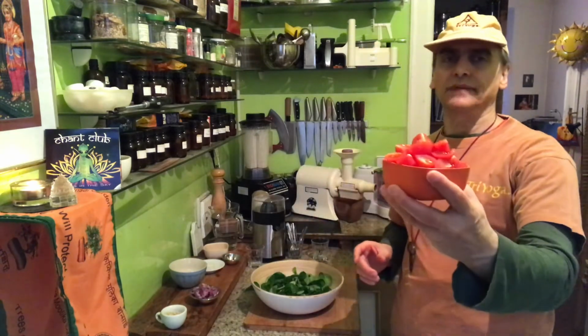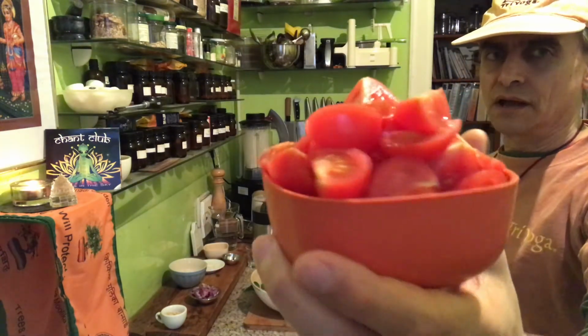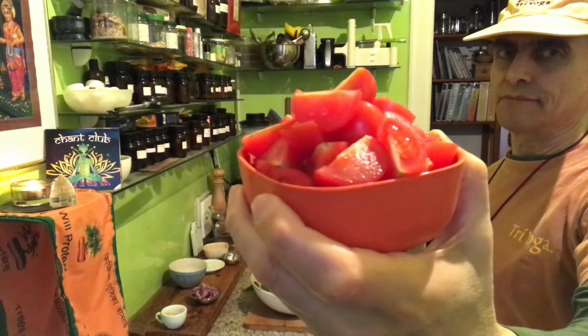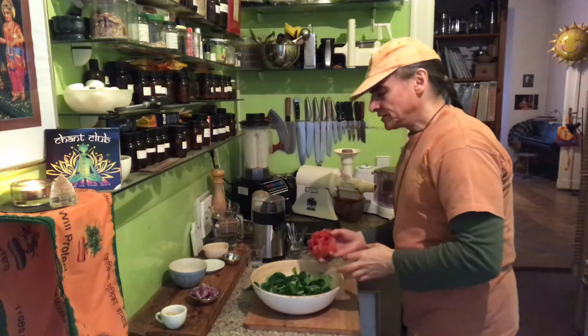And now I have some tomatoes. That's also classic for this salad. I use the cup tomatoes, cherry tomatoes. I quarter them or halve them to make it nicer. They are perfect for this